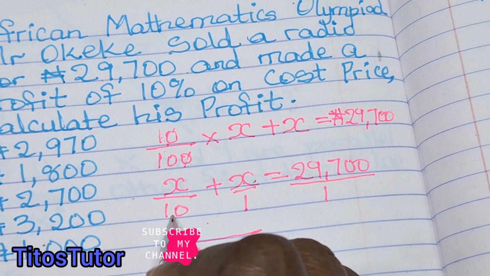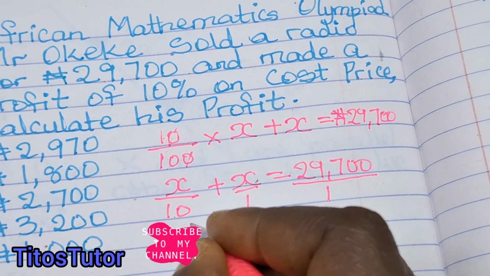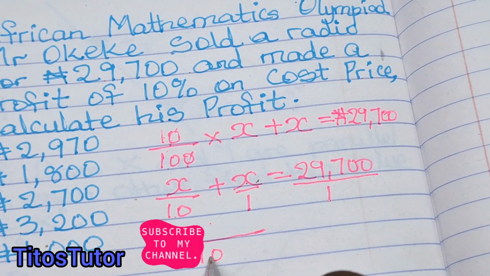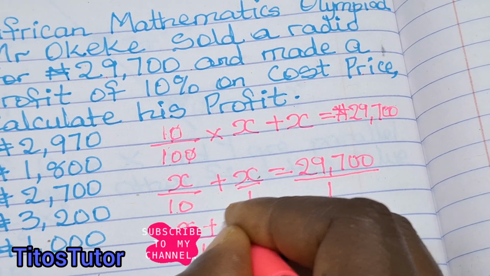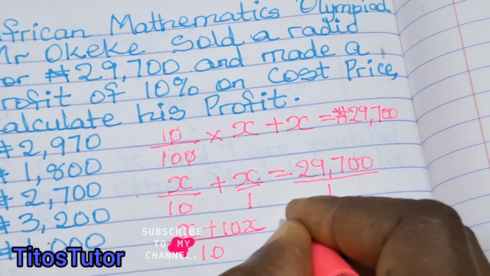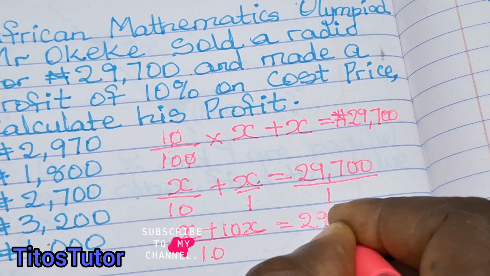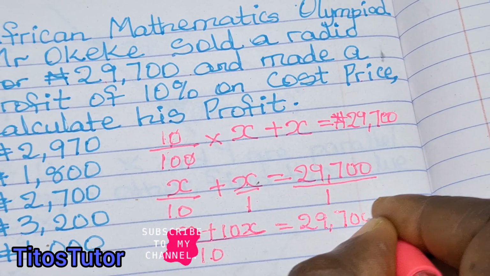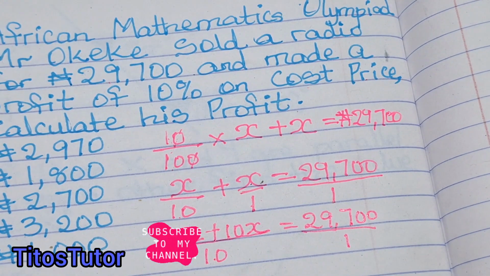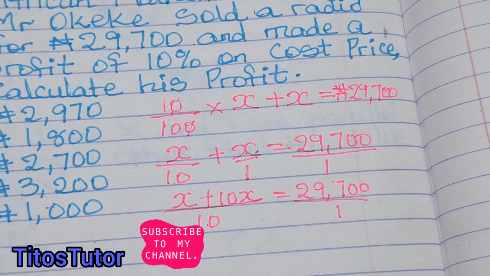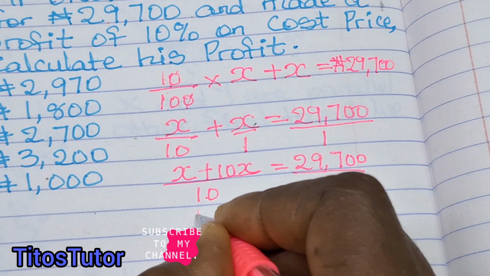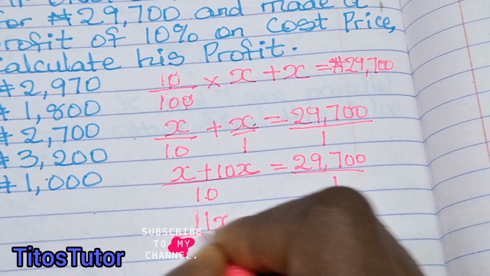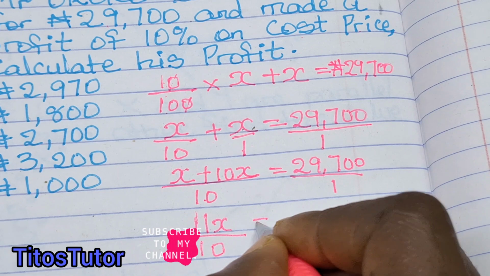LCM divided by denominator multiplied by numerator. That's x. 10 divided by 1 is 10. Multiplied by x is 10x. This is equal to 29,700 all over 1. So let's keep going. x plus 10x gives me 11x. 11x over 10 is equal to